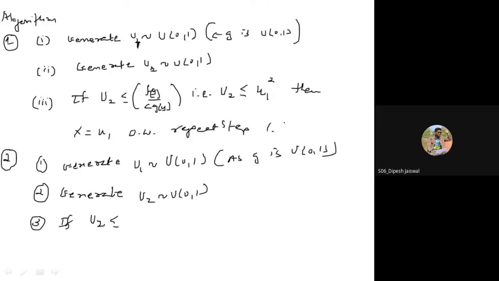So that means u2 is less than or equal to, that is 256 by 27. y की जगह पे क्या रखेंगे? u1 into 1 minus u1 and square की जगह पे यहाँ पे क्या है? cube.